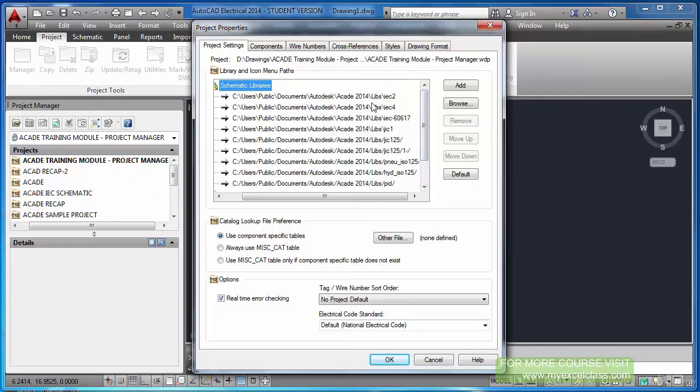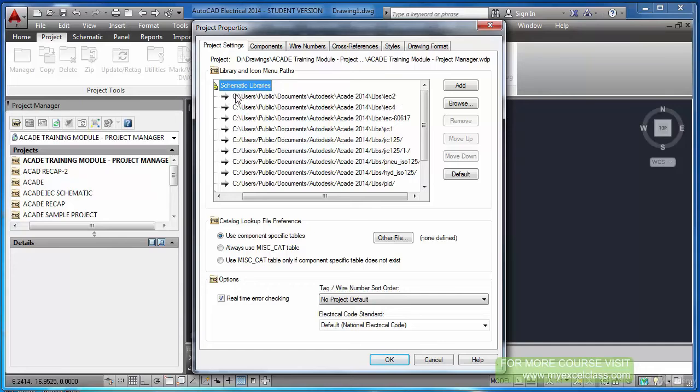In fact, if you see this library, you can see IEC2, that is option number 1. So what AutoCAD does is, when you try to insert a component or anything into your AutoCAD drawing, the database first goes and tries to find it in this particular folder.